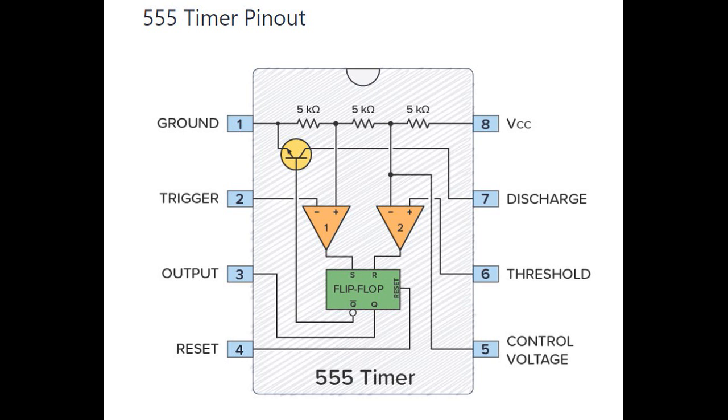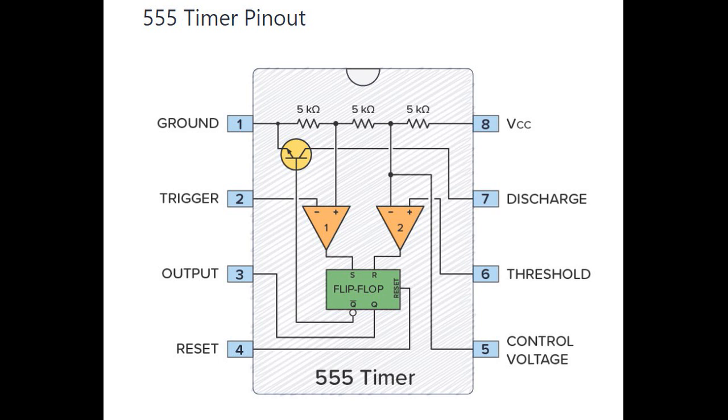555 timer IC is a very versatile chip available as a dual inline package. Its internal construction is as shown on the screen. As you can notice, there are three 5k ohm resistors from where the IC derived its name. You can also see how other components are internally connected to give an 8-pin IC that you can use in